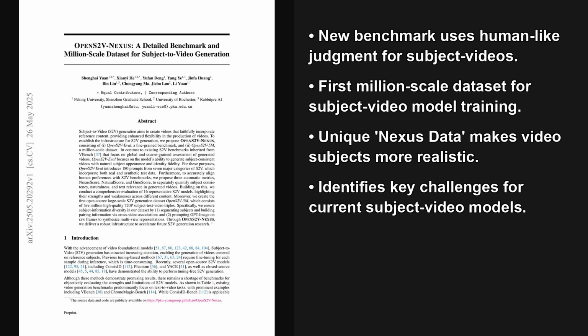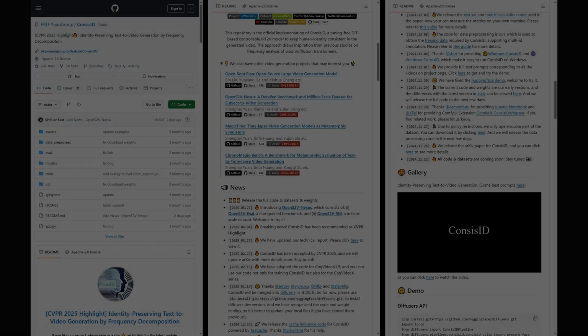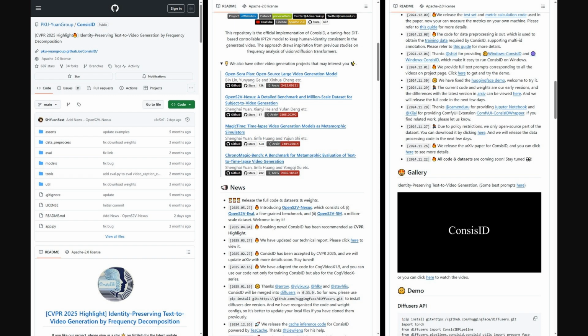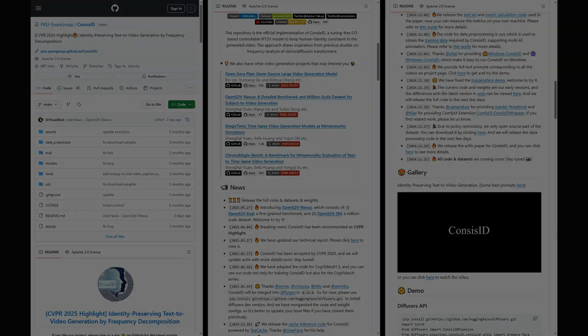This work provides a new benchmark, OpenS2V-Eval, for finally assessing subject consistency, meaning how well the subject's appearance and identity are maintained, new automatic metrics for evaluation, and a huge dataset called OpenS2V-5M. And for those interested in the technical details, the code for this research is available. So if you want to dive deeper into the implementation of OpenS2V-Nexus, you can find the repository on GitHub. It's a great resource for anyone looking to work with their methods or data.